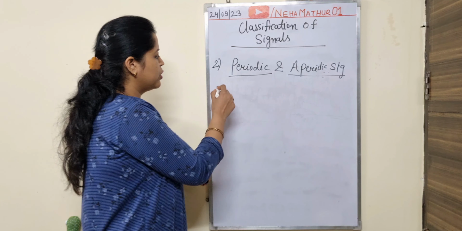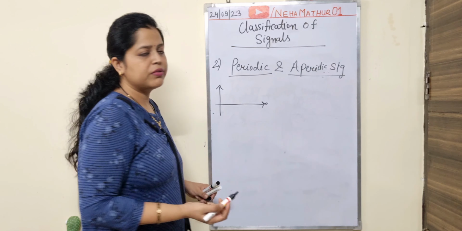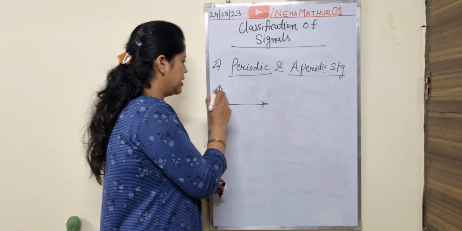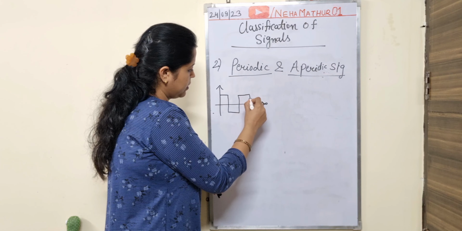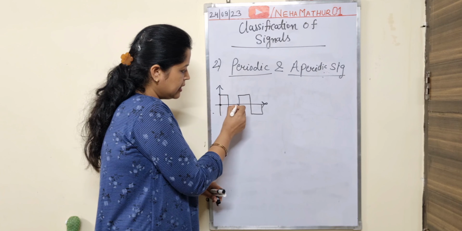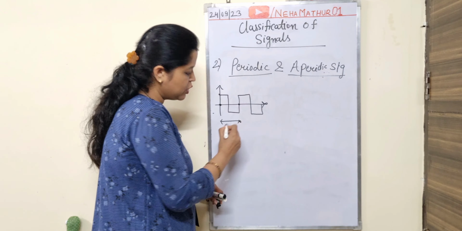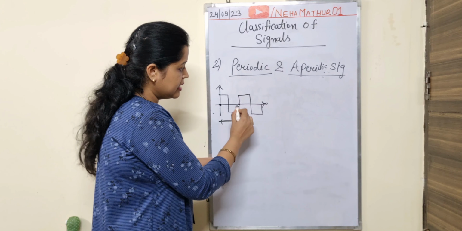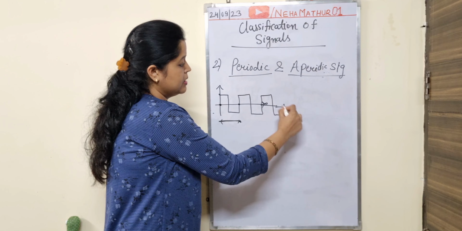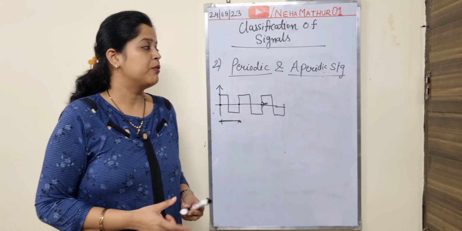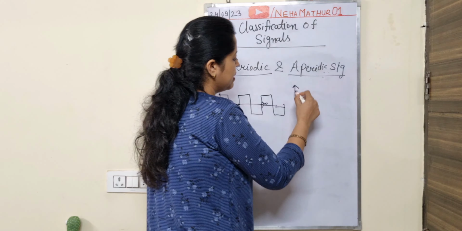Just an example, if I am drawing the example of a periodic signal, it's simple. Now I am taking a square wave. See, a square wave. Here you can say that this wave is starting from this point, and this is a unique representation of a signal. After this particular time duration, the signal is repeating itself. Such signals come under the category of periodic signal, in which a particular signal repeats itself after a particular period of time. While in an aperiodic signal, a signal may be like this,